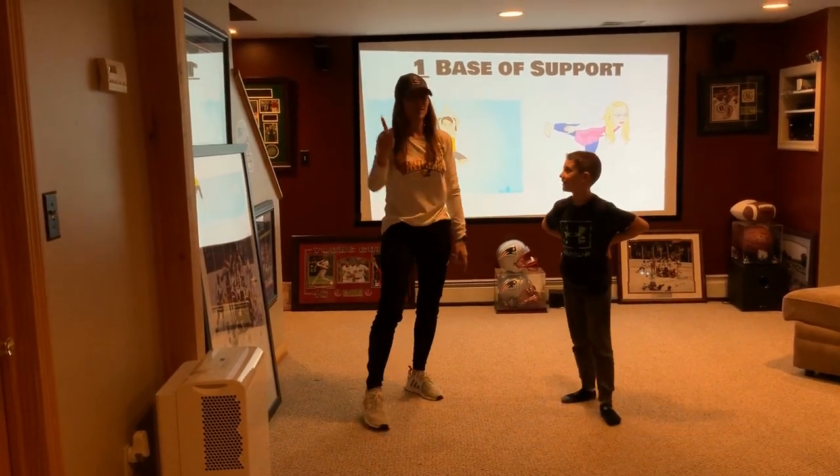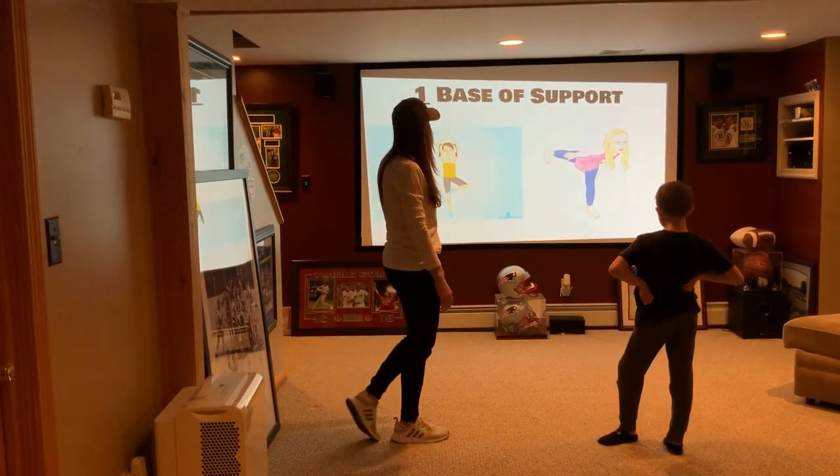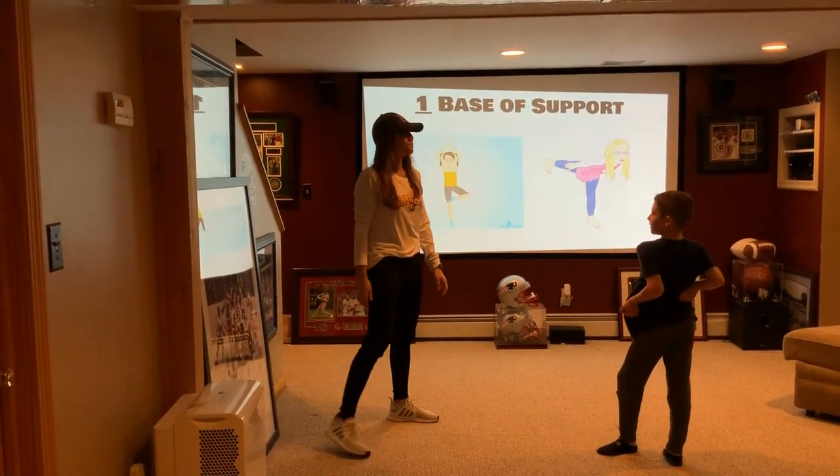That was a little trickier because, again, that's one base of support. The next balances we are going to try are...